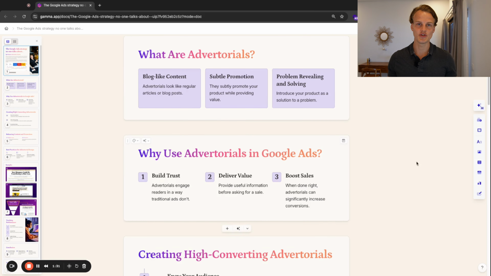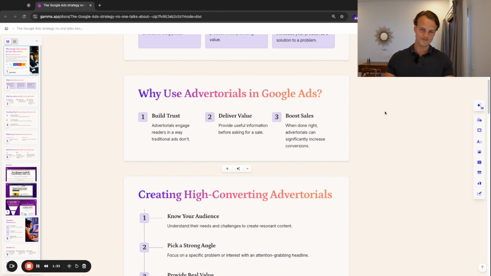So why would you use advertorials in Google Ads? There are three main reasons why you should do this. One is to build trust, because advertorials engage readers in a way that traditional ads don't. People have their guard up when clicking on ads, and they don't just believe anything that you say, right? The second thing is you want to deliver value, so you can just provide useful information before